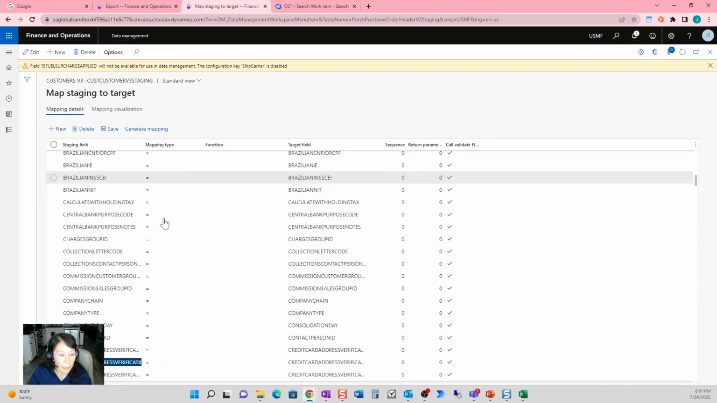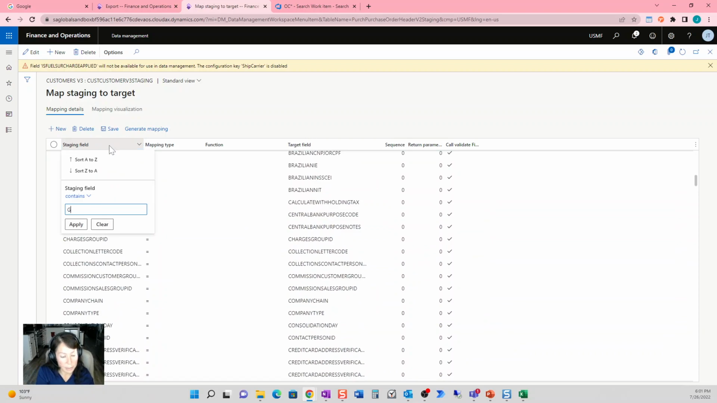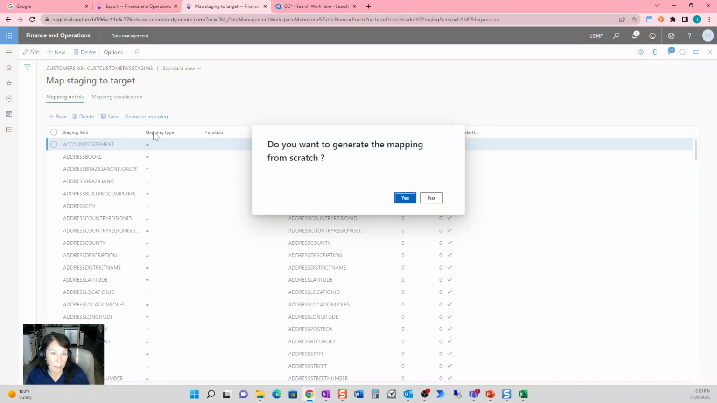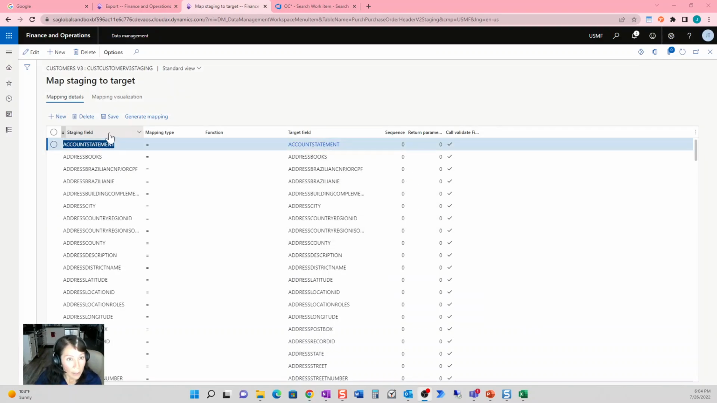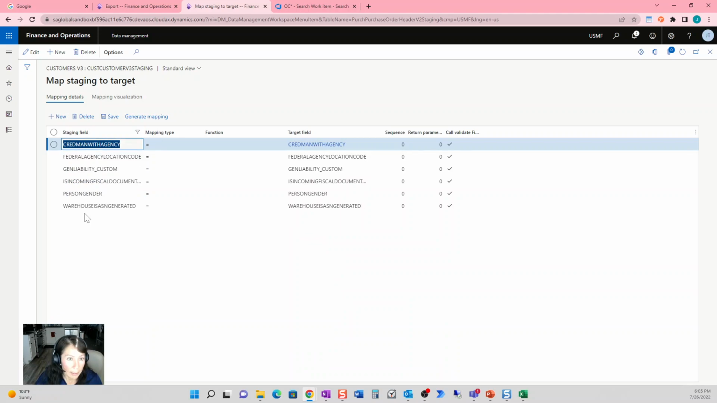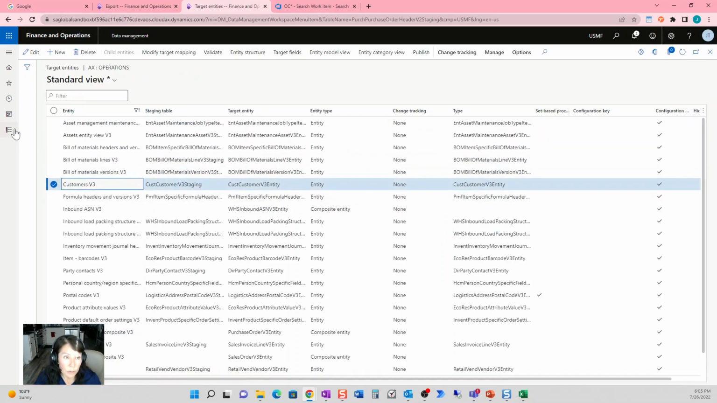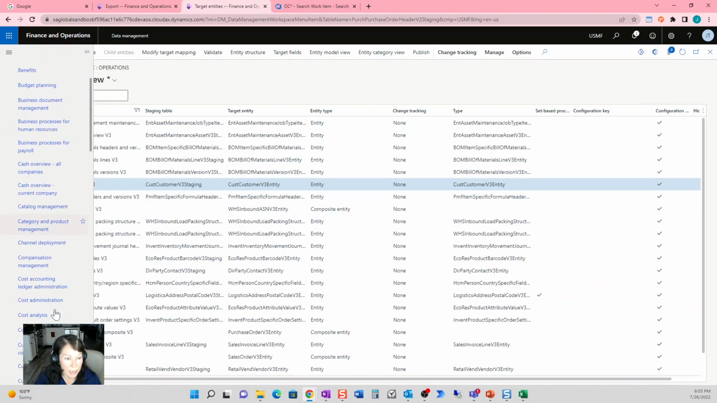And then we can go down and, or actually let's just contains GEN. And we can see that it did not come through because it should say general liability here. So we're just going to generate the mapping from scratch. And so now, after we've generated the mapping, again, we can see that general liability custom is now in our mapping. And so what that means is we could go to our workspaces, data management,